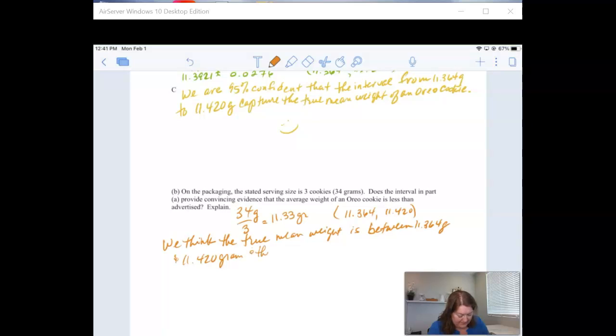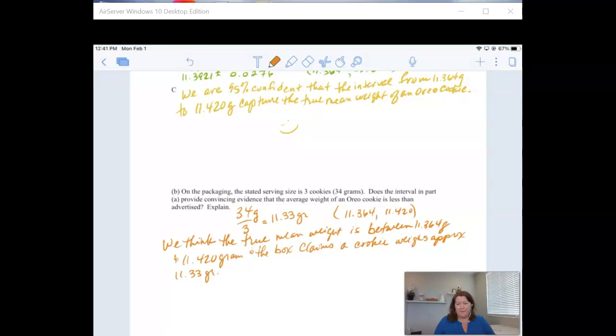And the box claims a cookie weighs approximately 11.33 grams. Okay, so if Oreo is saying they're 11.33 grams and we're getting by our sampling that it's more than that,